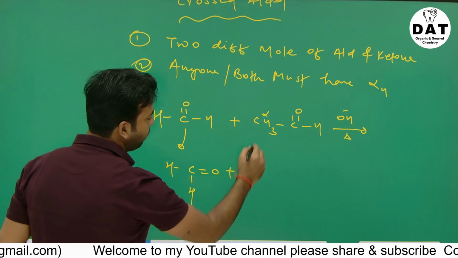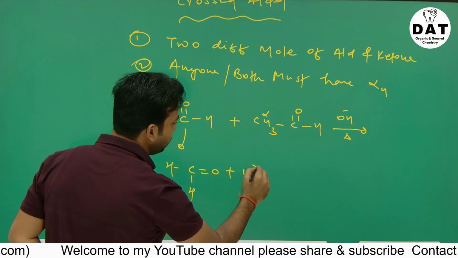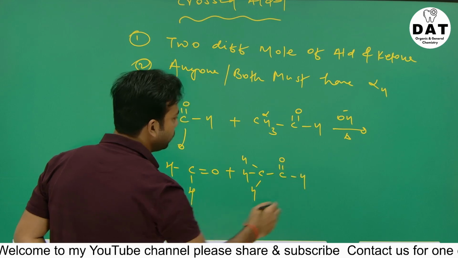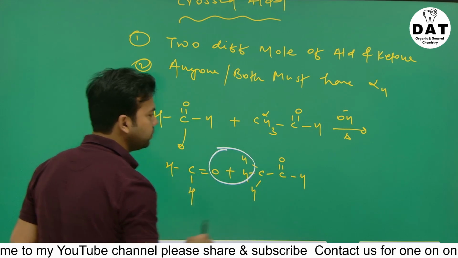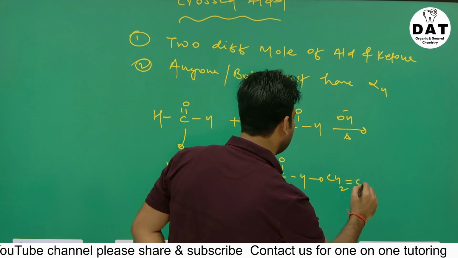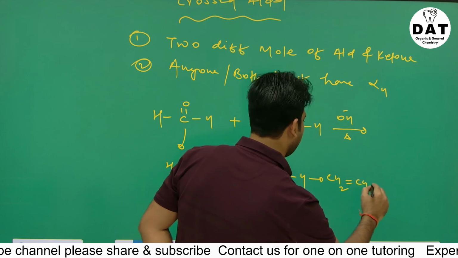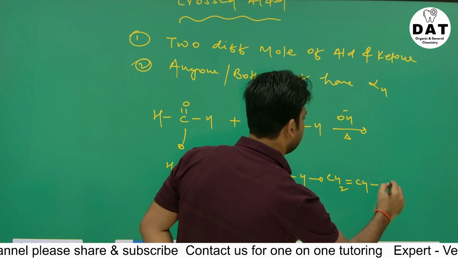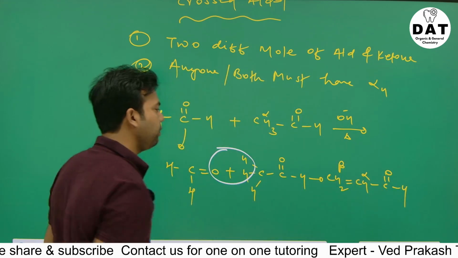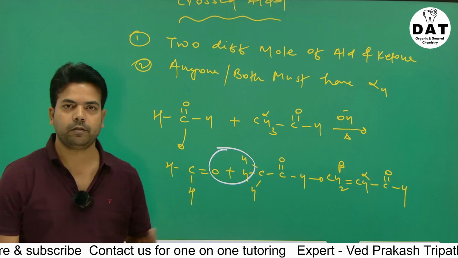This side we have alpha, so you can remove the alpha hydrogen. So there is a loss of water molecule. So the product will be CH2 double bond CH and then CHO. So this is alpha beta unsaturated, which is my final product, and we know that we can make the aldol